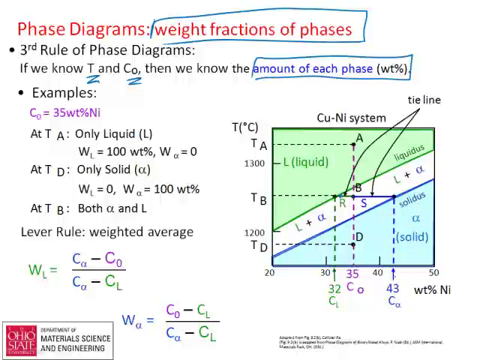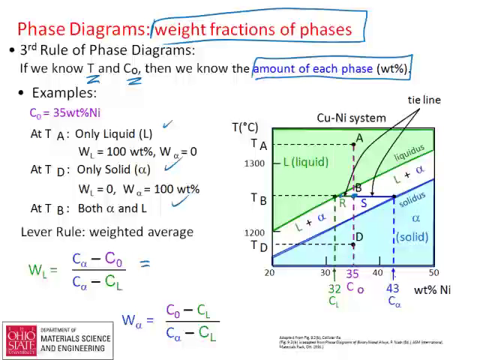Okay, so at T sub A, it's only liquid, T sub B is only solid. In between, it's something in between. And then what you have is a weighted average in between where it's basically like a lever. So what I can do is, is this point here, I've said it already, but I'll let you think about it again. Is this point going to be mostly liquid or mostly solid? It's going to be